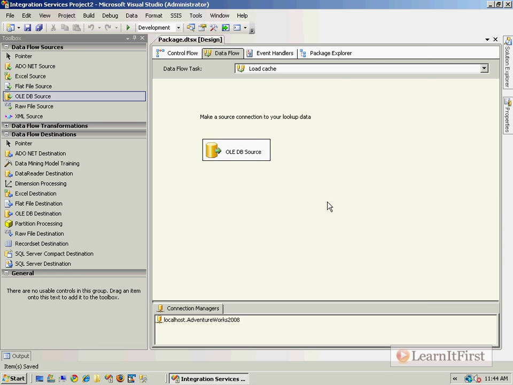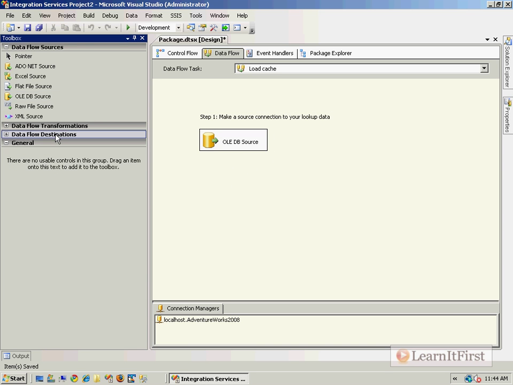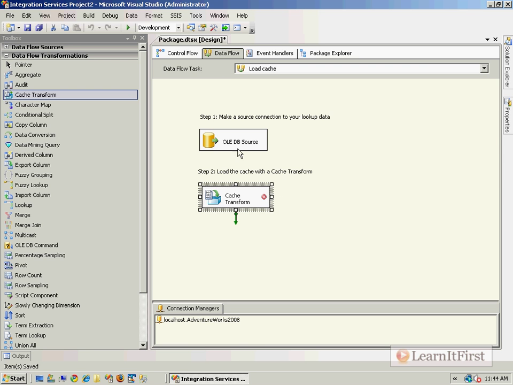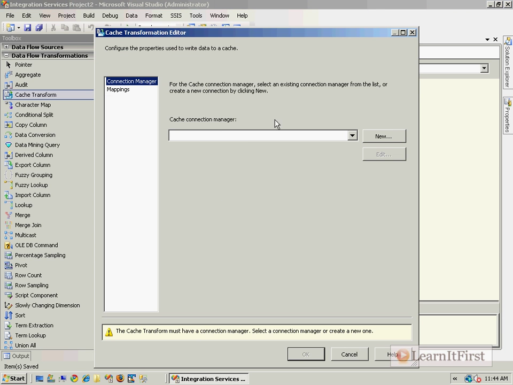Okay, now step two, let me increase this and I'll say step one, and I'll save this with this video so that you have it. And then step two will be to add my cache transform. So step two, load the cache with a cache transform. Here you see cache transform, transformation really is the technical term, but there it is. Okay, so now I go from the source to the cache transform, double click, and I have to make a